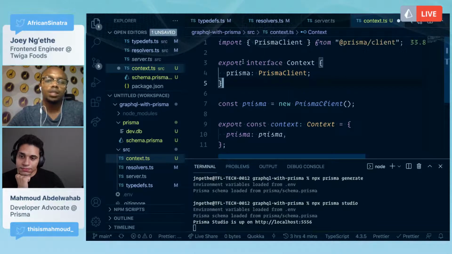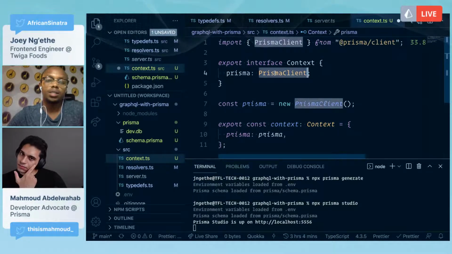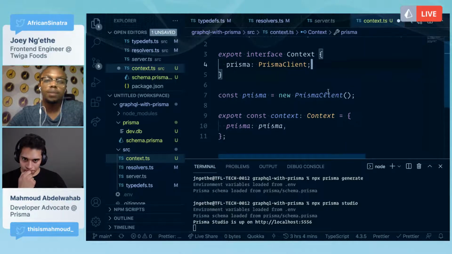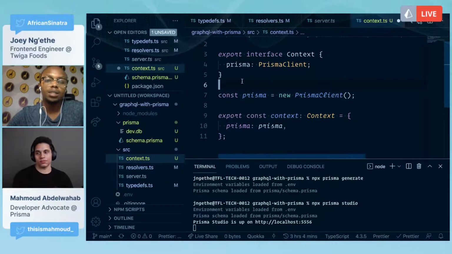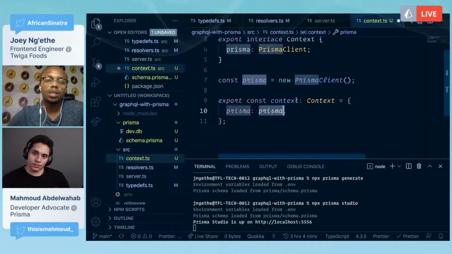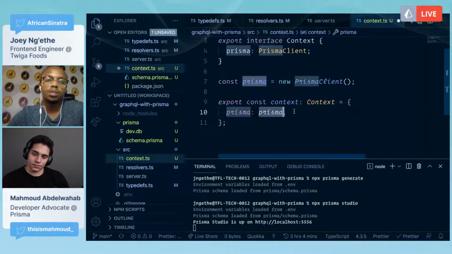This is just a TypeScript interface so that we can get type safety and completion. Then we're instantiating a new Prisma client instance and passing it to the context. So we're saying the context is of type this interface, and then we have a Prisma field, which is mapped to the Prisma client.